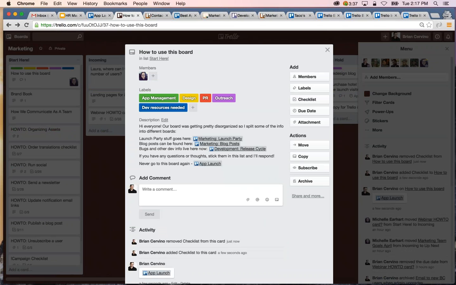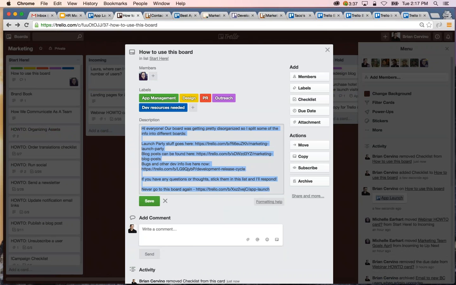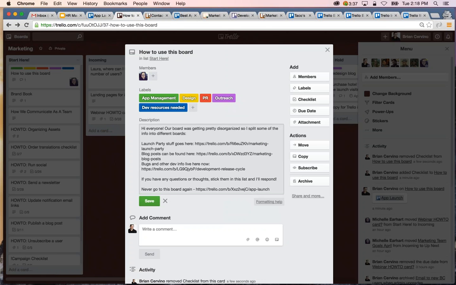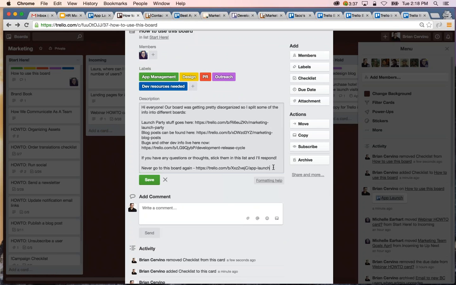There's actually a bunch of formatting options that might be useful. It's called Markdown formatting. And I know this looks a little intense, but it's actually pretty cool. There's a bunch of ways you can make bold text or emphasis. You can do bulleted lists in Trello descriptions. You can make headers. So let me just show you real quick how you can do that, just in case